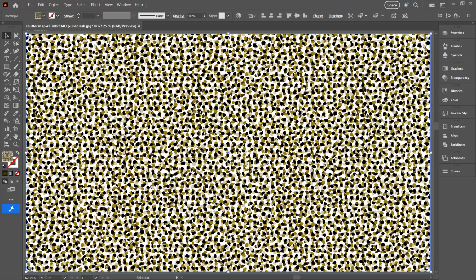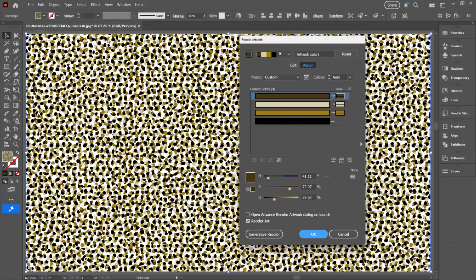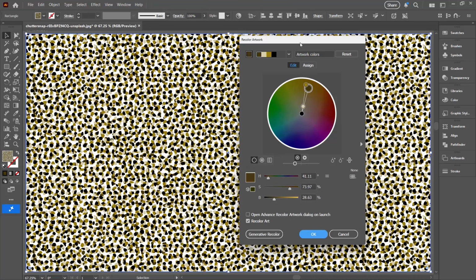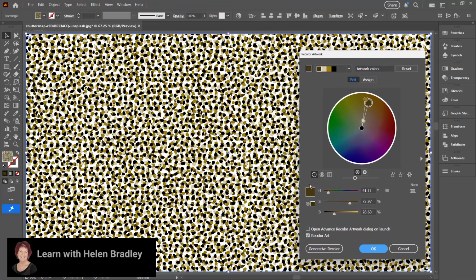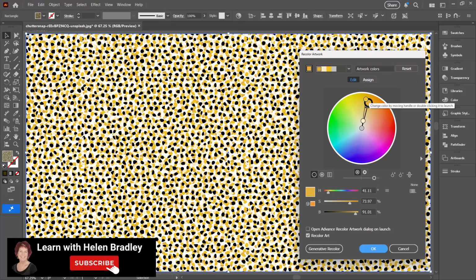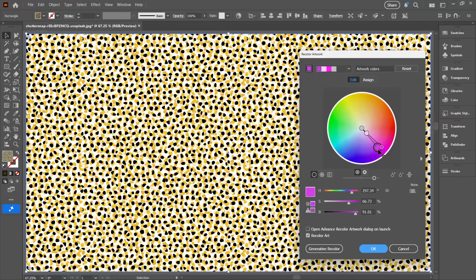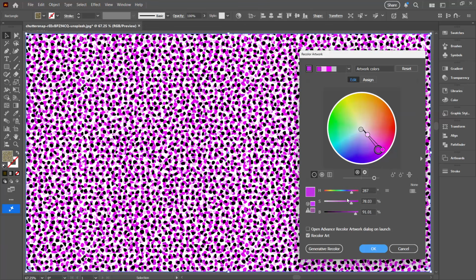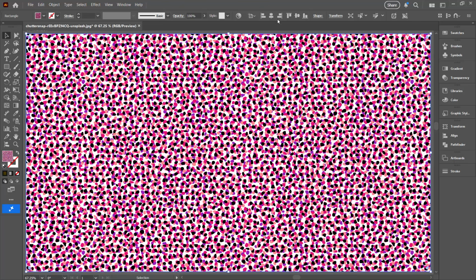I'm going here to Advanced Options so I can get into the area that allows me to make those changes. I'm going to Edit. Now these colors were very dark and very monochromatic, so what I'm going to do is drag to adjust the brightness. And then I can start moving the colors around. Now if it's too bright, I can just reduce the brightness here. I can also unlink these colors so that I can separate them a bit and just get a bit more variety in my colors. If I find a color combination I like, I'll just click OK,